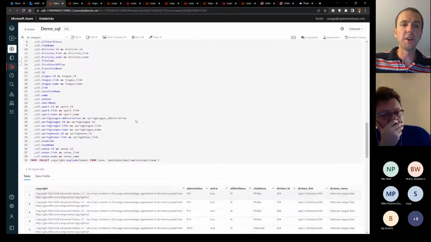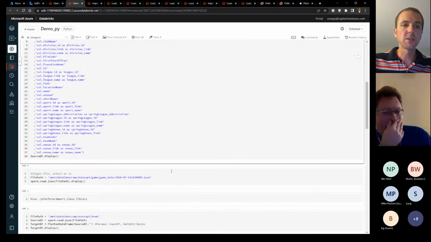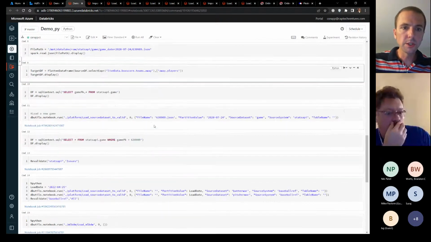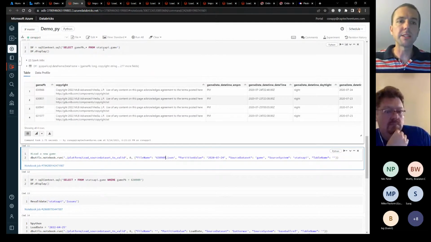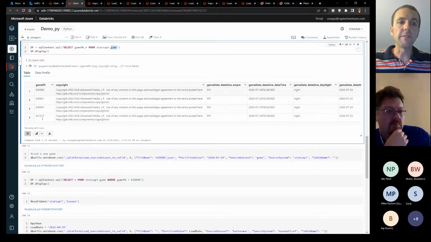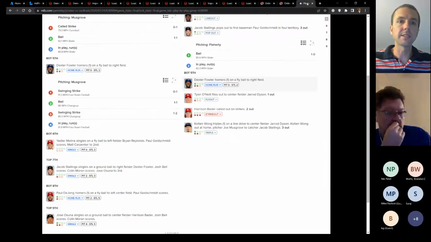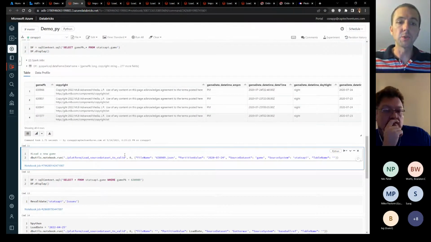So in the fun, exciting world of live demos, I'm going to kick off this notebook as we talk about other things. This is where I want to run. So what I'm going to look at here is just run a quick query against my Stats API game table. And you can see I've loaded 4 games so far out of my data lake. You can see that this game I'm about to do right here, 630989, that's this Pirates game that I mentioned. It does not appear in this list. This is the primary key of the game, so it's not there today.